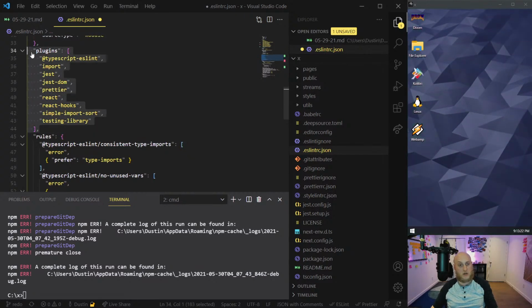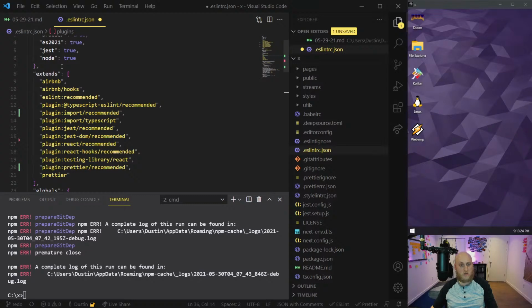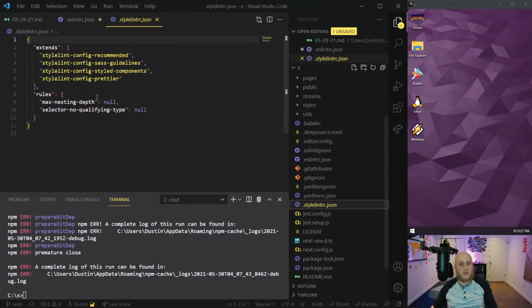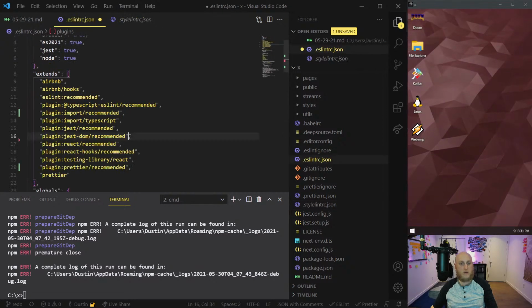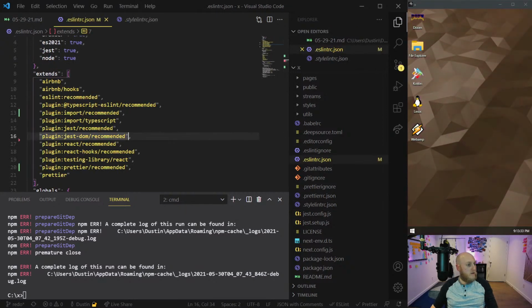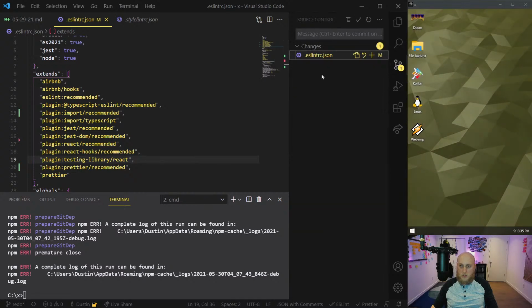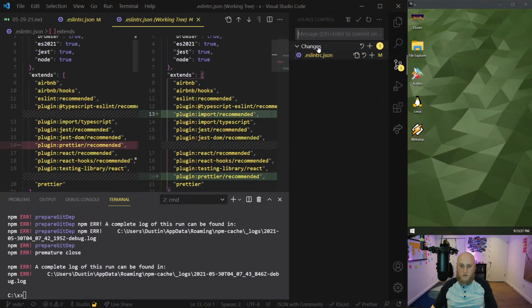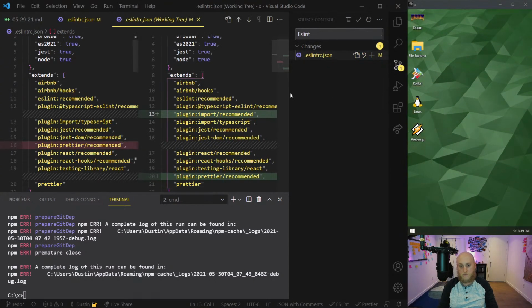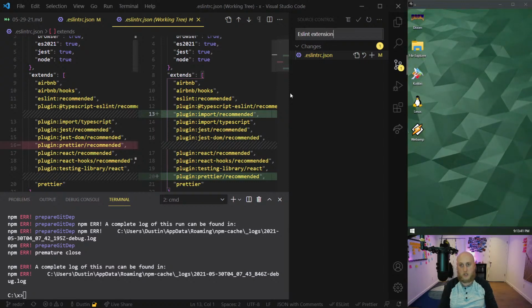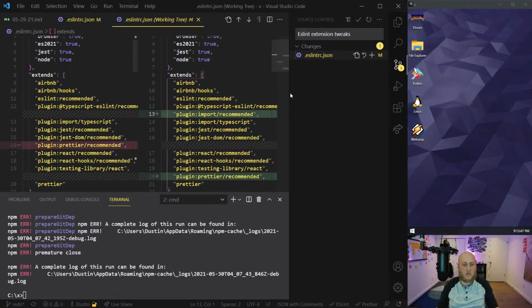That's not the case for the plugin, I believe, but for these extension rules, it does matter. Same with ESLint, the order matters here as well, so I've decided to put prettier at the bottom. Okay, so that was an extremely minor change. I'll just say ESLint extension tweaks and import. No, I'll just say tweaks. I don't want to get into too much detail.